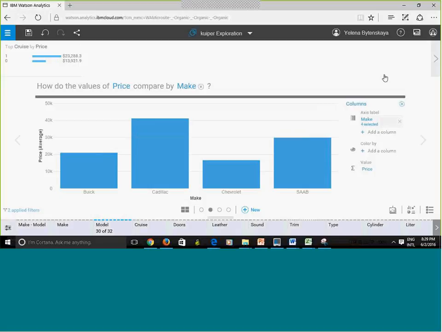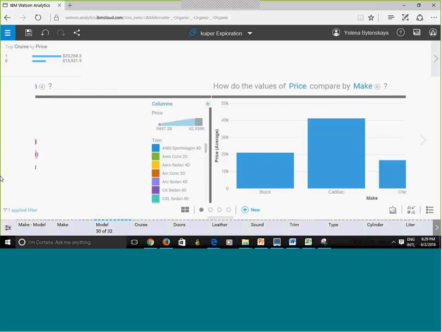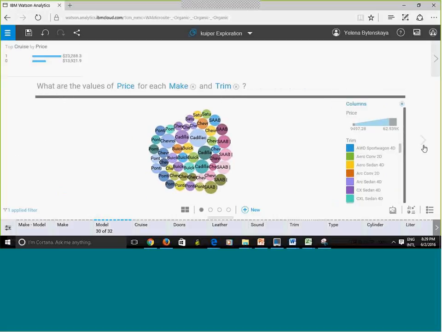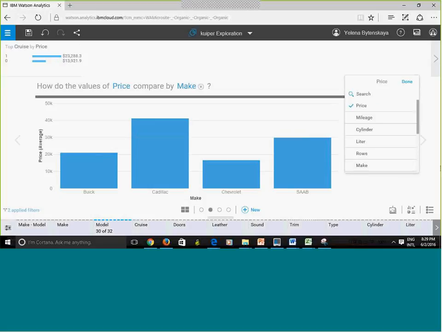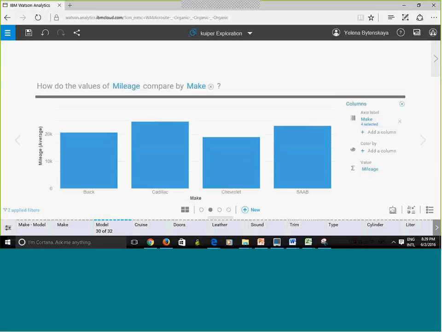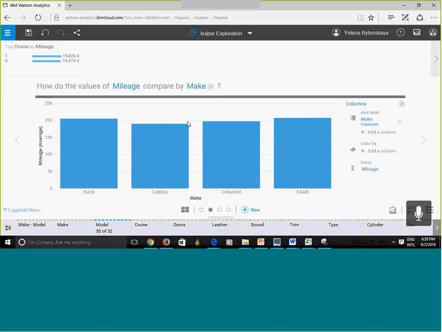Something to keep in mind is that the filter that I just applied only applies to this page. It does not apply to this page right here, because I defined the filter local, right? On the other hand, if I define it here in the data tray, it will apply to all pages in my workbook, right? So here it's price, but I could also change that. I could change it to miles per gallon, perhaps. And it's going to update my chart. See this?